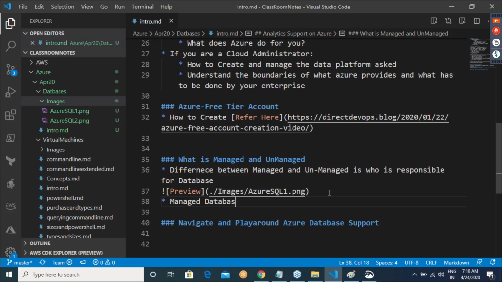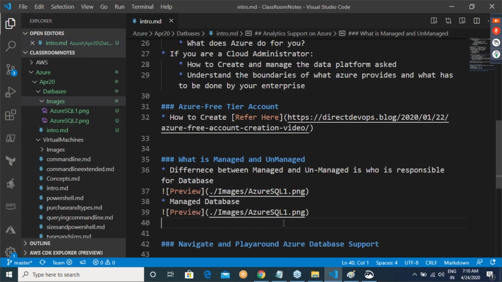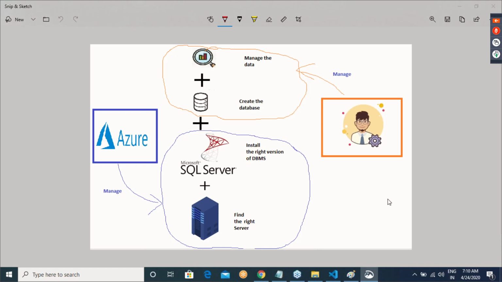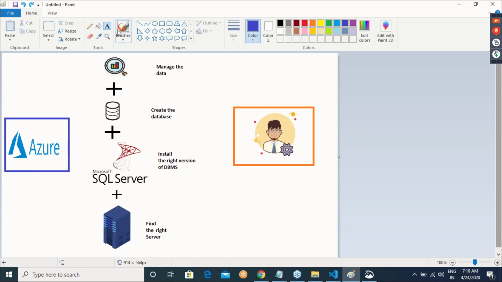Managed database. Then unmanaged database. So if it is unmanaged, what is it that I need to worry about? Finding the right server is still your responsibility.